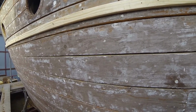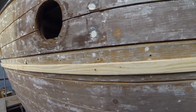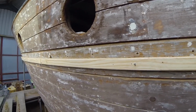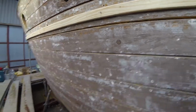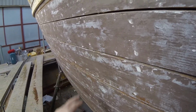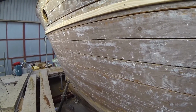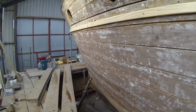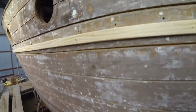done with a router. So the router is obviously doing two things. It's making the groove, and also it's cleaning up each edge ready for gluing. So that's getting rid of any unwanted old putty or filler and things like that, like you can see on this edge here, that'll all go and get cleaned up. So it's quite a coarse job, quite a hard job on the router bits. So you need a good number of bits and a diamond stone to keep a nice keen edge on your outer bits. So I've done the first pass on this one,